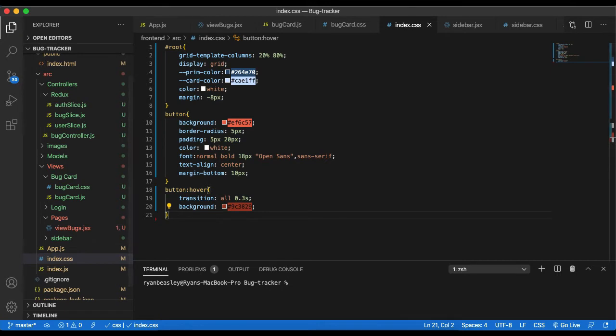So if we go inside of our index.css, and we'll create this page container. So if we get the page container,